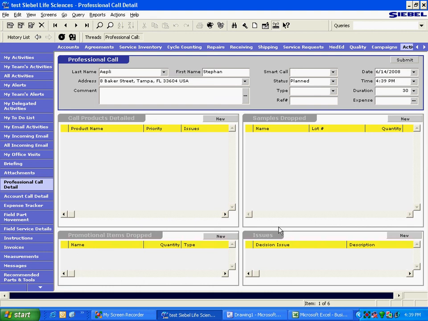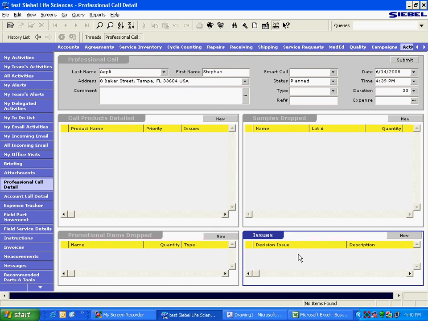It helps him in call planning. This is a pharma concept. How does it help him in call planning? He can look at the historic samples that were dropped at the professional's office, like the doctor's office. It also helps him identify what products were detailed to that professional in the history by him or by some other people. It also helps in identifying what promotional items were dropped there before, and it also helps him in identifying issues. I'm not sure what the issues entity is, so let's keep it there.